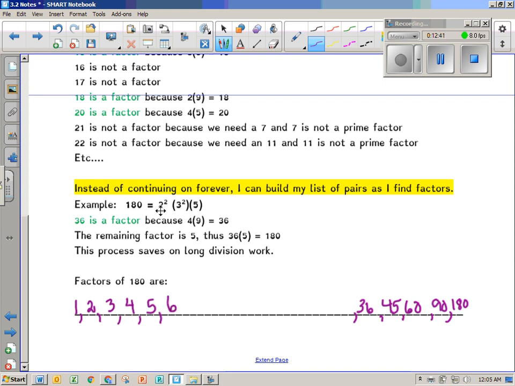So if you take away one of these 2's and one of these 3's to get your 6, you'll still have a 2 and a 3. That'll be 6 times 5, which is